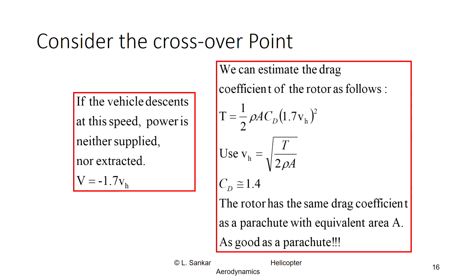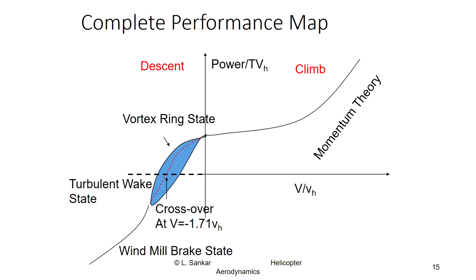So right now, to summarize it, in vertical descent, initially you have a vertical climb, then you have a hover, then you have a vortex ring state, then you have a turbulent wake state, then you have a windmill brake state. So these are the various states as you go from a very high capital V in climb to very high negative V in descent. So these are the stages or phases through which the rotorcraft goes. So this concludes this lecture, and we will stop at this particular